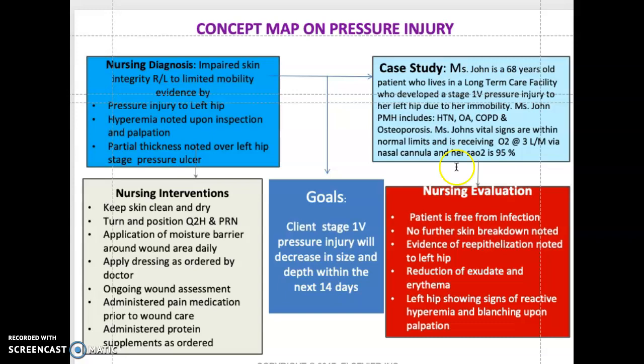So nursing diagnosis: impaired skin integrity related to limited mobility, evidenced by pressure injury to left hip. Hyperemia noted upon inspection and palpation. Partial thickness noted over left hip. Stage